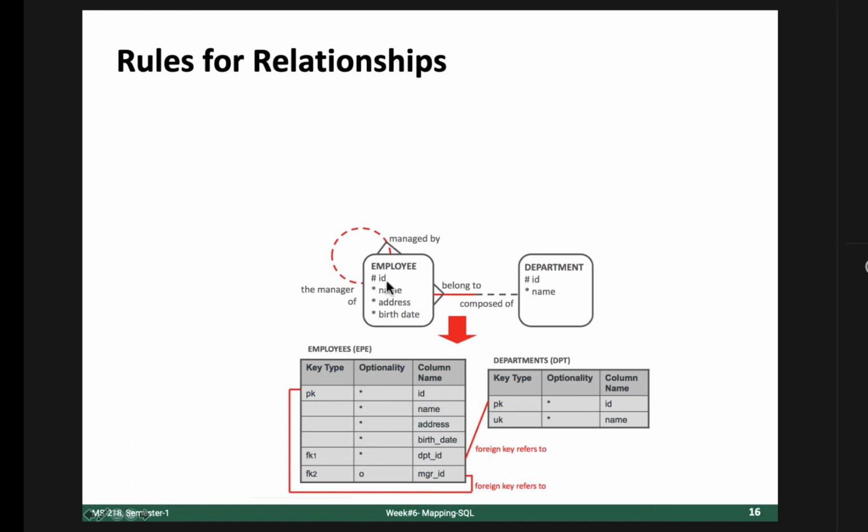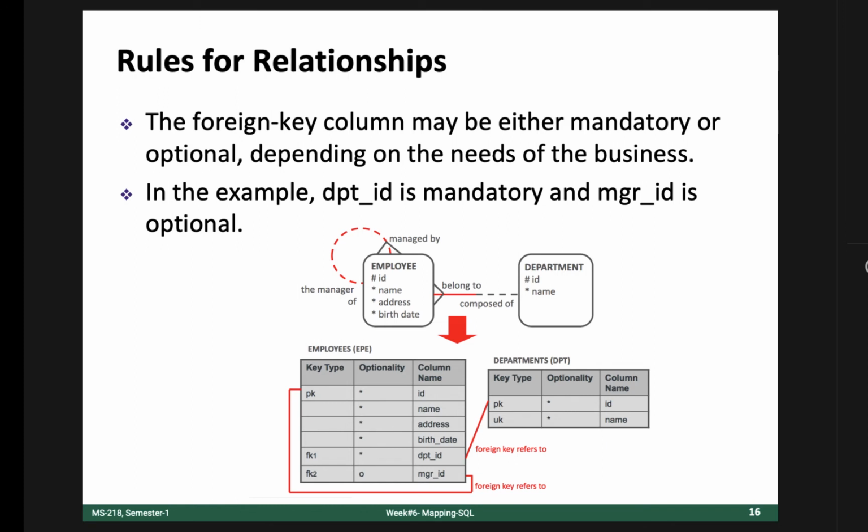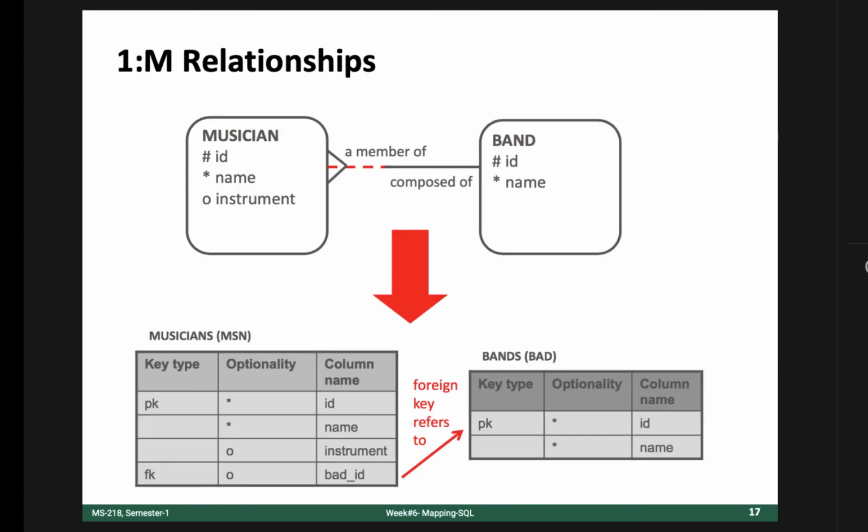We also discussed that if in the ERD this attribute is mandatory, then we will mark it mandatory. For the relationship, we will see this must be, because this is a must be relationship. That's why we are putting mandatory for this. So here is another example for musician and band.